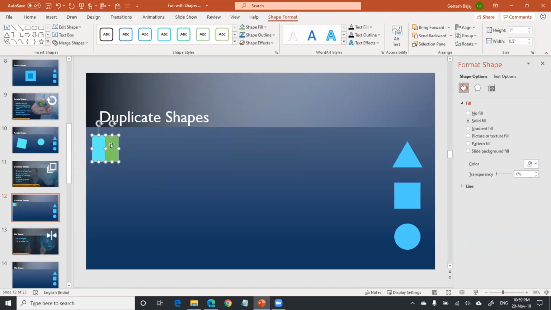I'm going to select both of them and press Control D again. And now we're not doing it with one shape, but we're doing it with two. And when we can do it with two, we can actually do it with 20 or 40 or 80 as well. It's up to your imagination how far you want to take it. And now I'm going to get it here. And let's not put it in a straight line. Let's go and make it